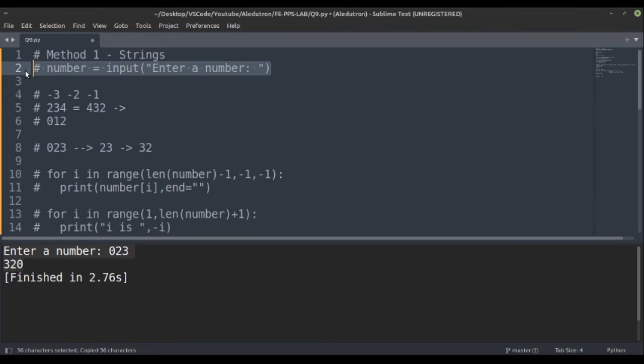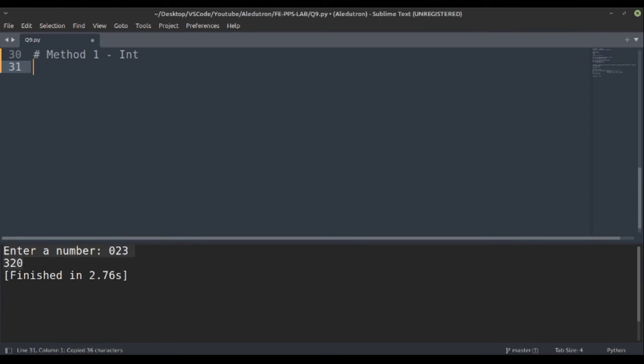So for this type we would require the int method, using the input in the int form. So let's just copy this method 2, and then paste it, and number would be, now we will take it as an integer. So now again we will run a for loop, for i in range.